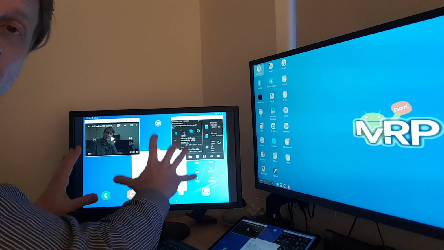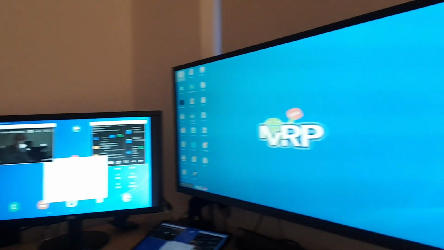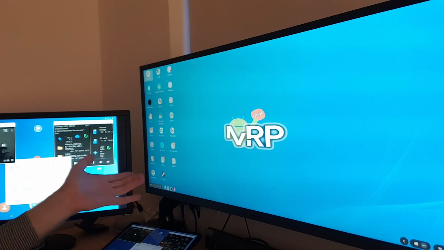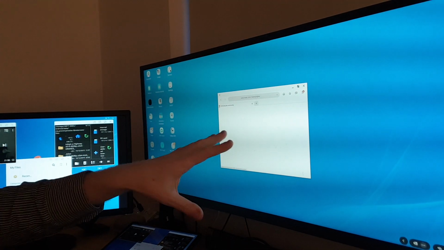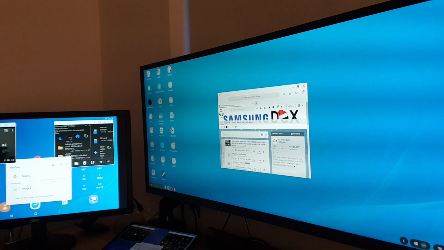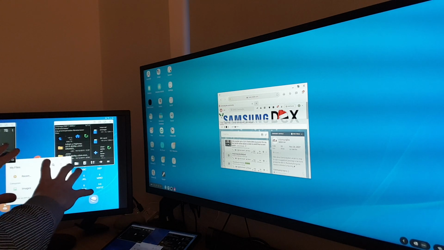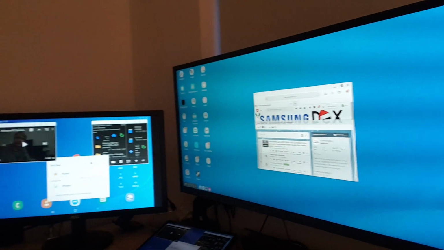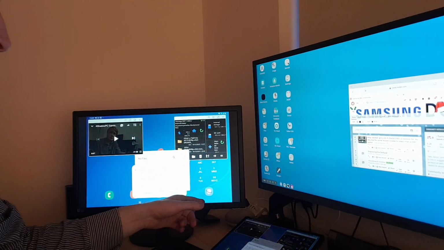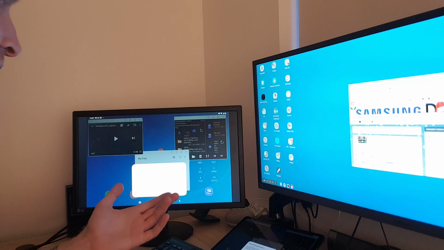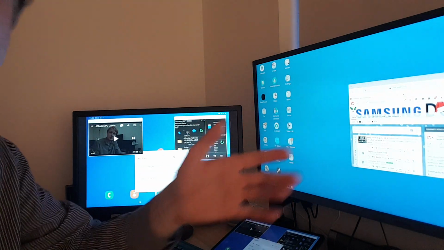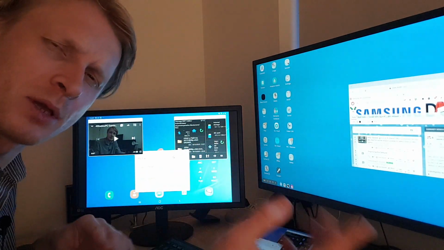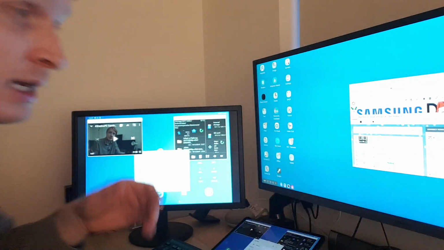So this is running on this, but at the same time I can go on DeX, and obviously if I run, for example, Samsung Explorer, it will open because this is treated in a different way. What I mean is, if you open the app on one screen, you can't open the same app on this screen. So right now I have Samsung DeX, and if I open Samsung Explorer here, it's gonna say, oh, this is already running, blah, blah, blah. Do you want to restart it? So the same browser cannot be open on the two different monitors at the same time,